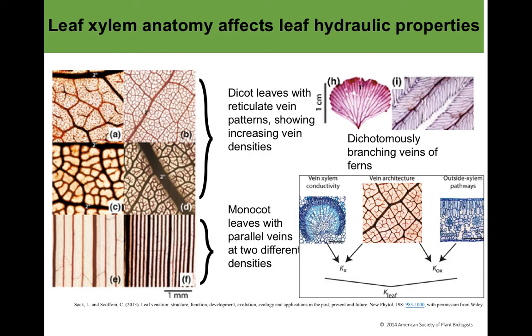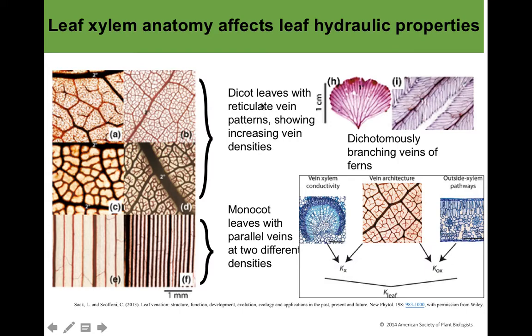And what we see is differences in vein density between angiosperms and non-angiosperms. And we see that the vein density of angiosperms is quite high compared to non-angiosperms. And that high density may be essential to support the high rates of transpiration and photosynthesis, which we see in angiosperms, right? So non-angiosperms aren't very tall, right? Some of them don't even have vascular tissue at all. So the ones that do have vascular tissue, like ferns and gymnosperms,